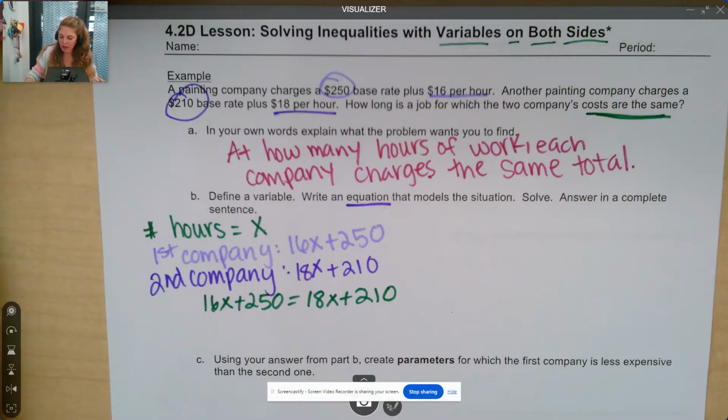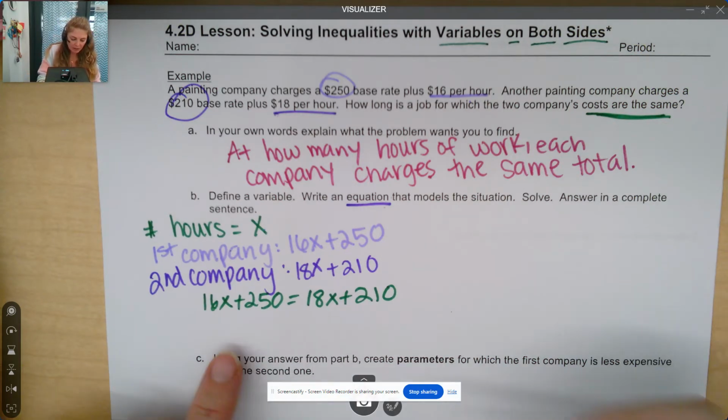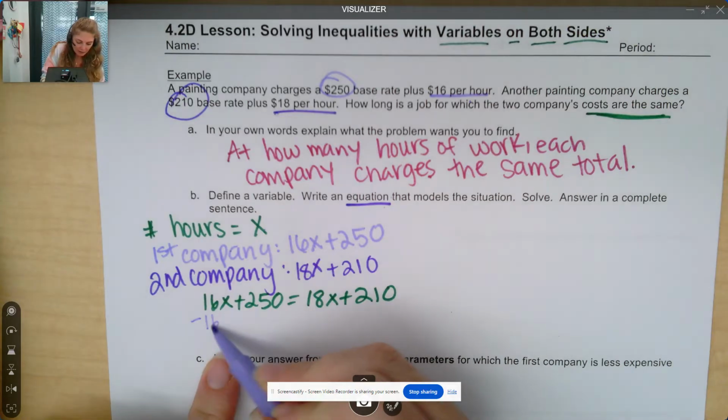Perfect. So taking a look, just like with any equation, our goal is to isolate the variable. So looking here, because we have our variable on both sides of our equation, I'm going to have the smaller